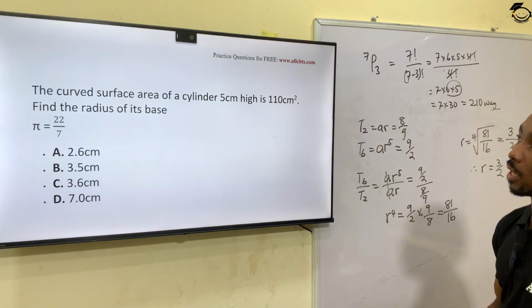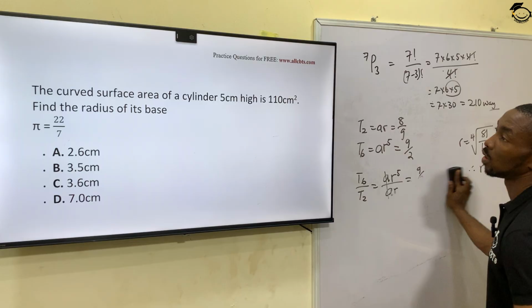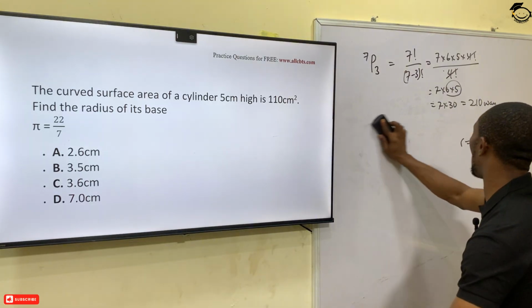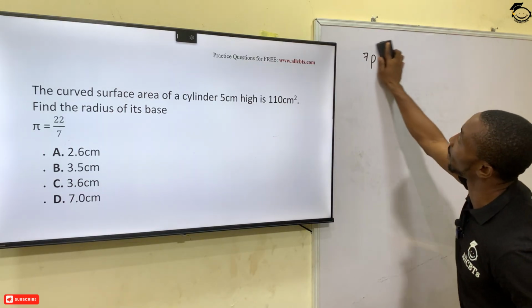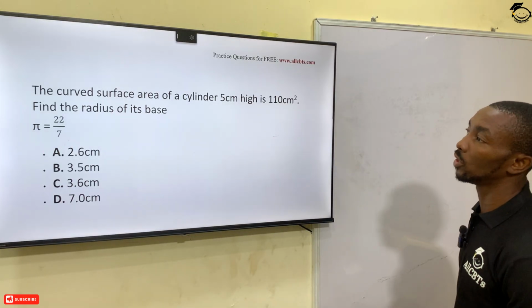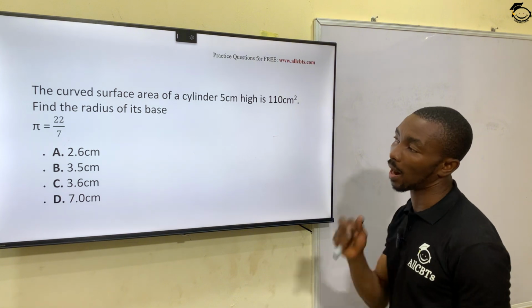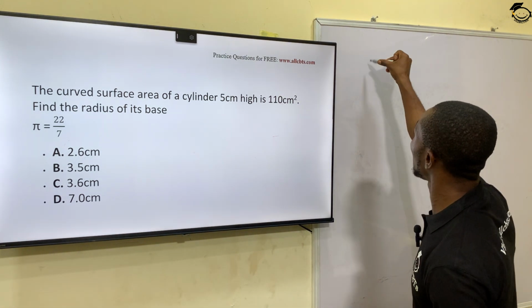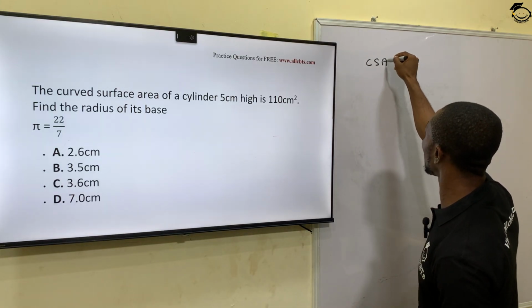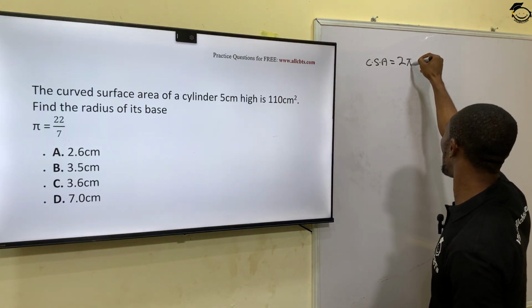Now, the curved surface area of a cylinder 5 centimeters high is 110 centimeters squared. Find the radius of its base. Take pi to be 22 over 7. Now, with this, we have our CSA, curved surface area, to be 2 pi r